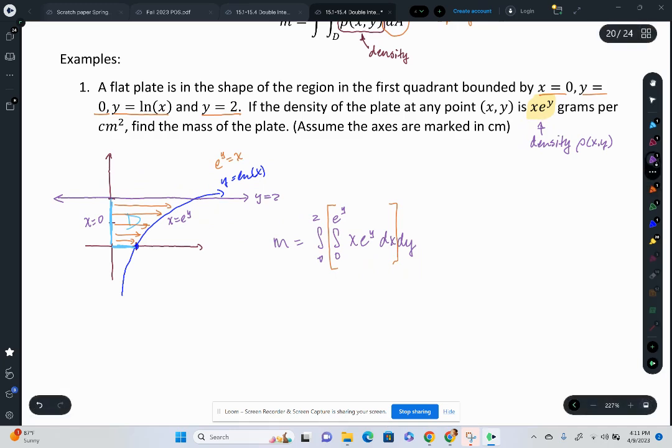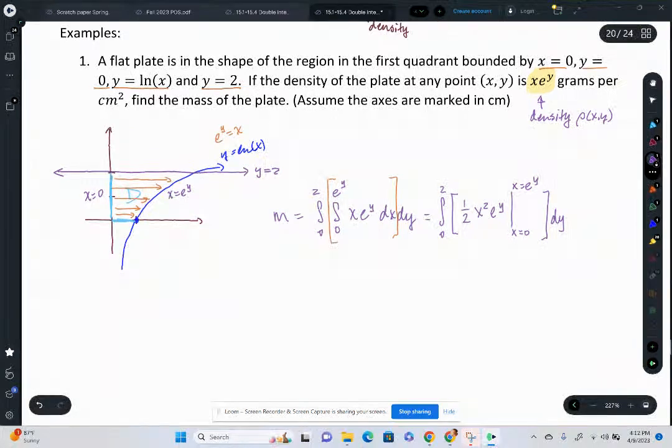And when I integrate that, I get 1/2 x squared. So this is the integral from 0 to 2 of 1/2 x squared e to the y, and we've got x going from 0 to e to the y. And then after we evaluate that, we can integrate with respect to y. All right, let's evaluate. This is equal to the integral from 0 to 2 of the evaluation at e to